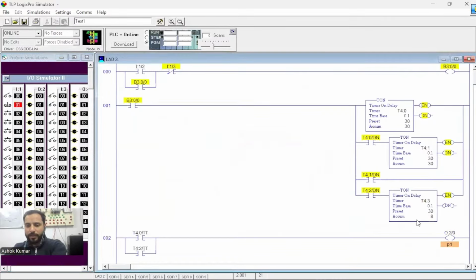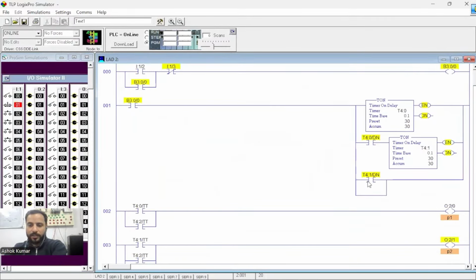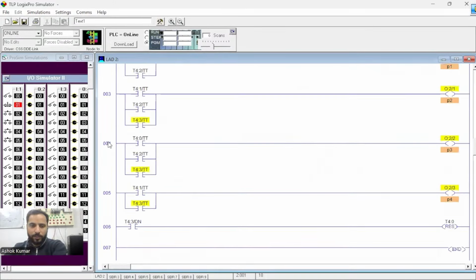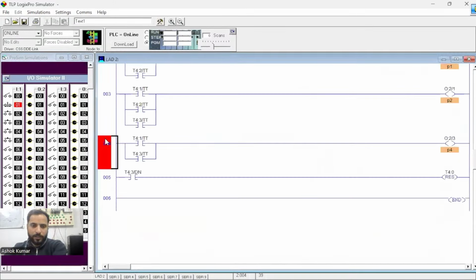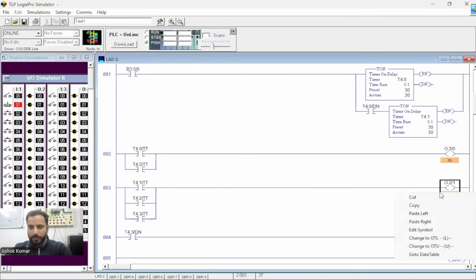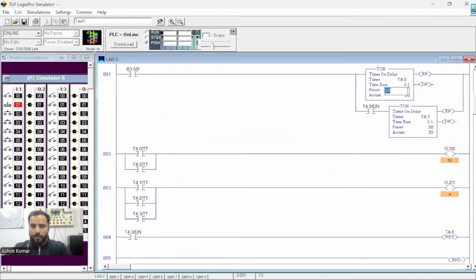We need two timers. Let's delete this, delete this. We need only two outputs. So let's delete the last two outputs. First one is motor. Second one is valve. Now this motor is on for 3 seconds and the valve is on for